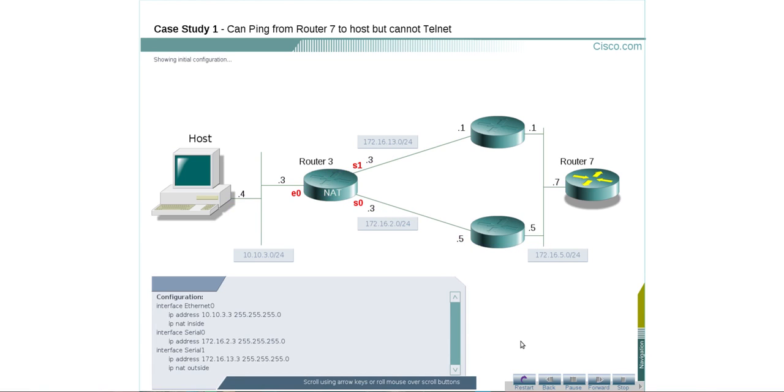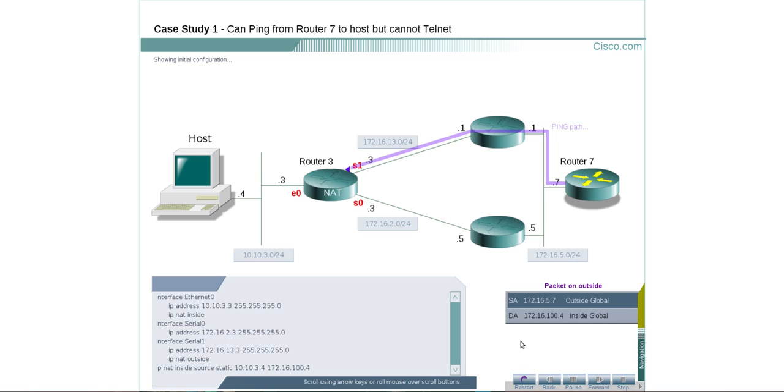Looking at the configuration, we see that NAT is configured with a static NAT entry that will translate the local address of the host, which is 10.10.3.4, to a global address of 172.16.100.4. E0 is the inside interface, and S1 is the outside interface. Therefore, we know that when router 7 attempts to communicate with the host, router 7 sends packets to the global address of